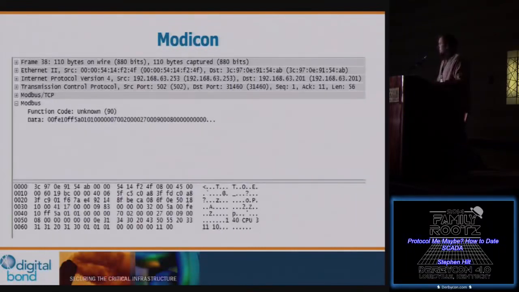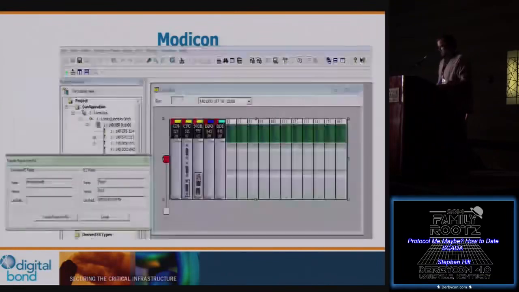Modicon uses a proprietary function code for most of its communications, function code 90. It's not documented, that we can find, without paying money. It's not something you get without talking to Schneider a bunch. Luckily it's all in clear text, so you can figure it out. As you can see there, it says CPU 311.10. Inside of Unity Pro, you can see the second slot on that chassis is a CPU 311.10. So that positively identifies the information.